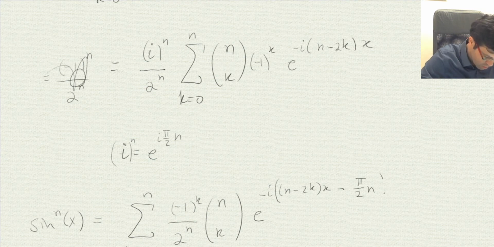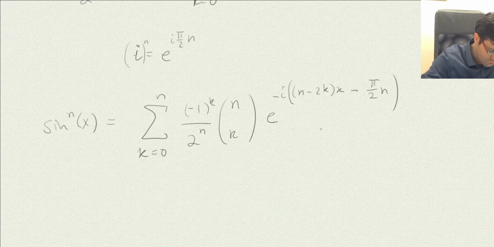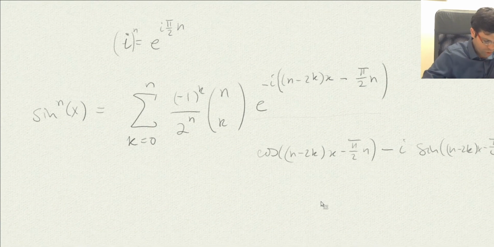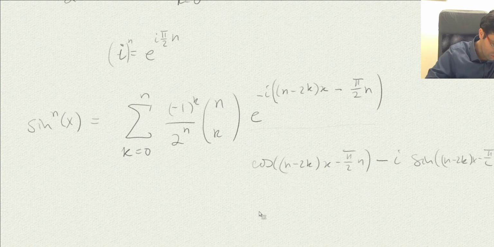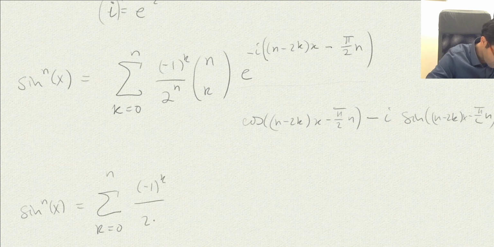And so what we get here, due to Euler's identity, this can be written as the cosine of (n minus 2k)x minus pi half n, and here it is actually minus i, the sine of this same thing, (n minus 2k)x minus pi half n. And now when we equate the real and the imaginary parts, the imaginary part here is 0, so what we get is that for every n, the sine of nx is the sum, k goes from 0 to n, of minus 1 to the power of k over 2 to the power of n,